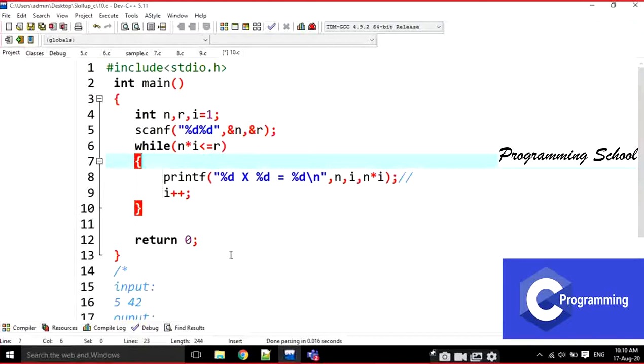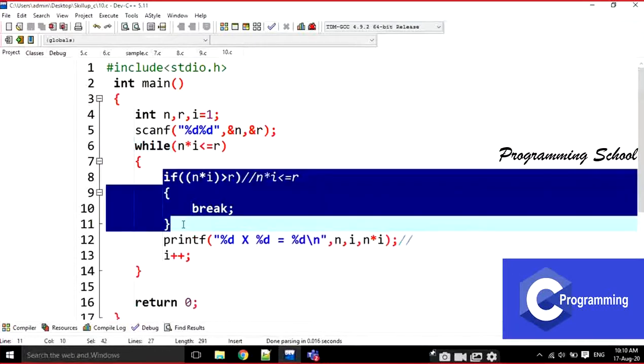We have to write the reverse of this every time. What is the reverse of n * i is greater than r? Why? Because this is the condition to break, where I am going to stop. In that condition, I know exactly where to stop. But what is this one? Up to which value are we going to rotate the loop? That is the difference between the while condition and the if condition.